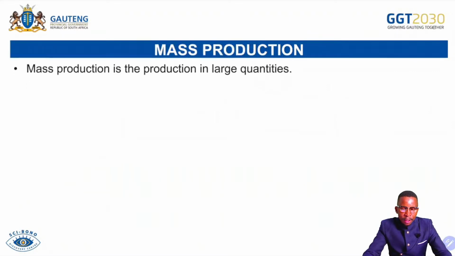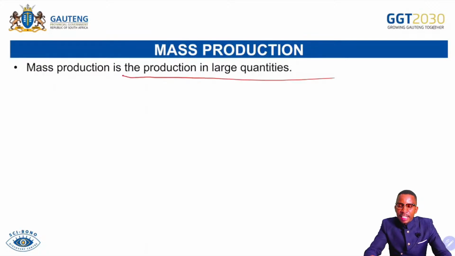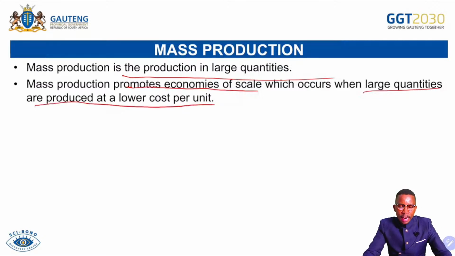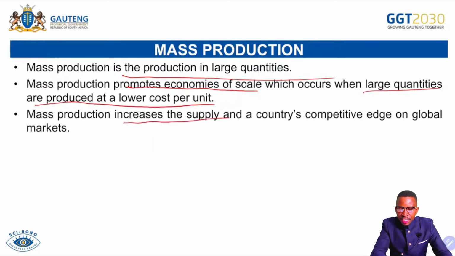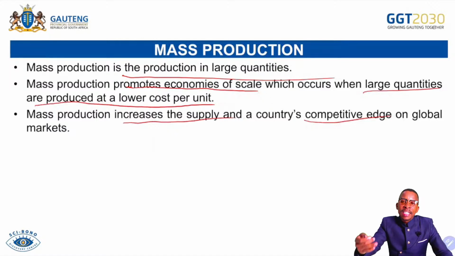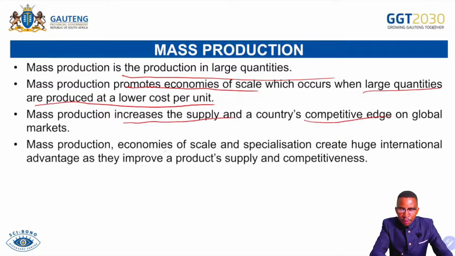Mass production refers to the production in large quantities. So mass production promotes economies of scale, which occurs when large quantities are produced at the lower cost per unit and they are also sold at the lower cost. Mass production increases the supply and the country's competitiveness, or competitive edge, on the global market. If the country produces in mass production, it has a competitive edge over other countries that are producing the same product across the world. Mass production, economies of scale, and specialization create huge internal advantage as they improve product supply